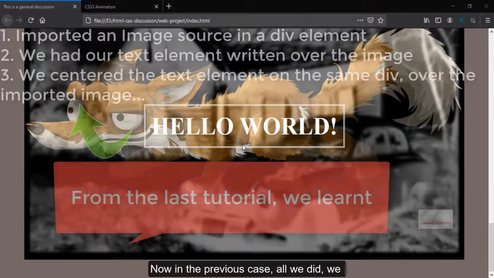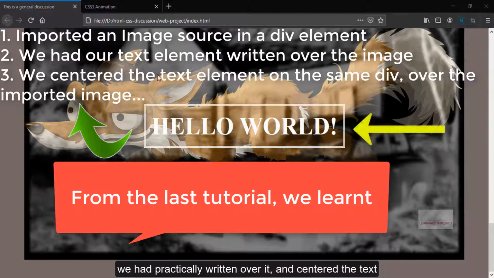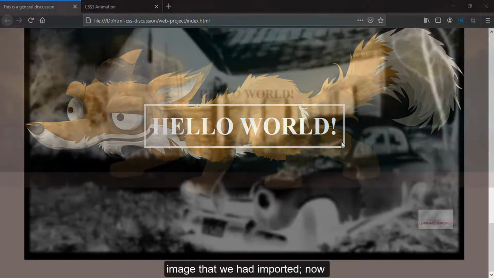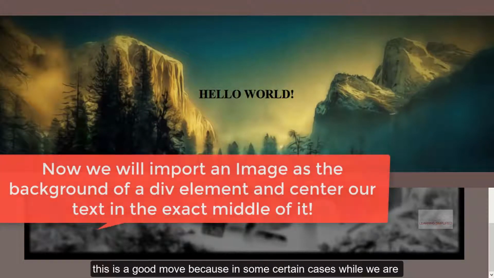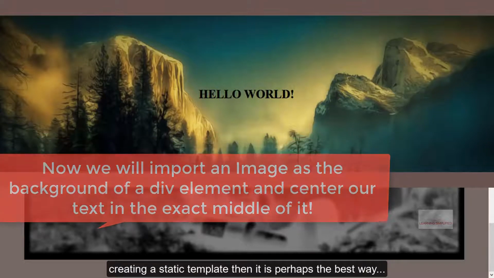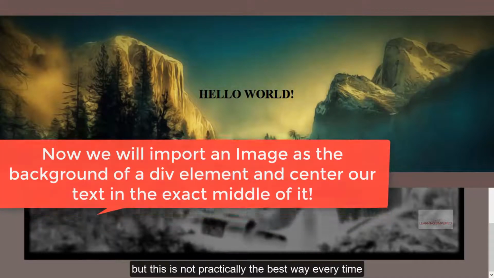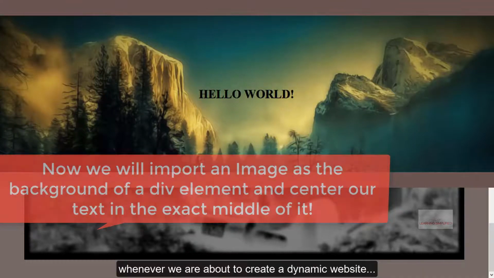Now in the previous case, all we did was import an image as an image source into our project. We had practically written over it and centered the text element into the exact middle of that individual image that we had imported. This is a very good method because in certain cases, while we are creating a static template, it is perhaps the best way, but this is not practically the best way every time